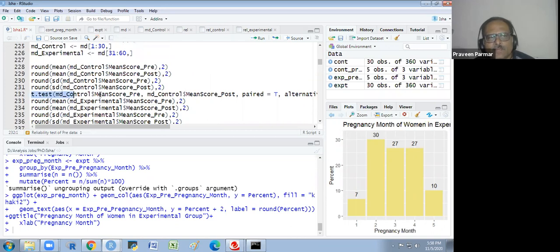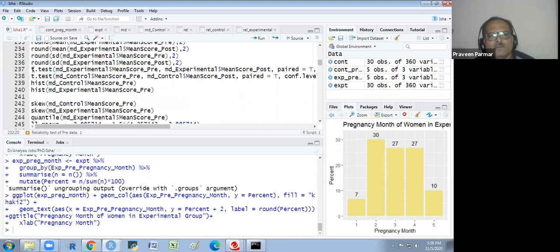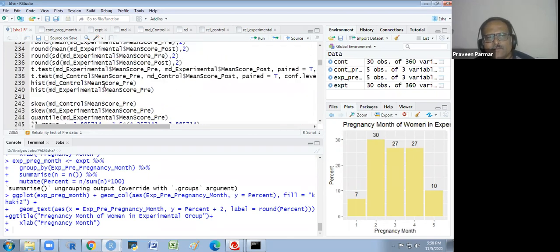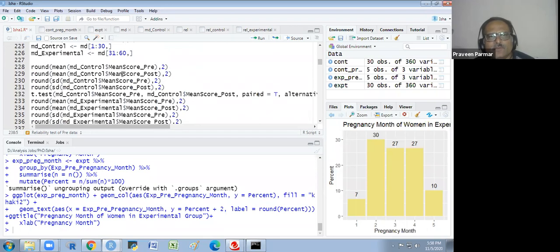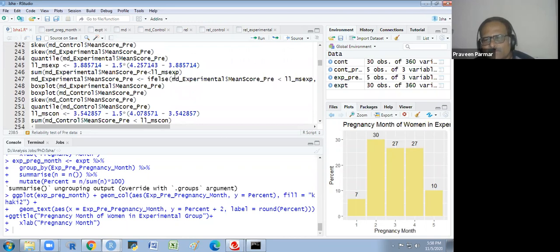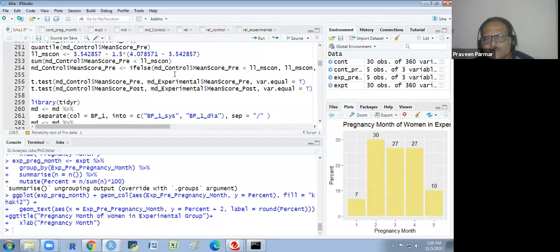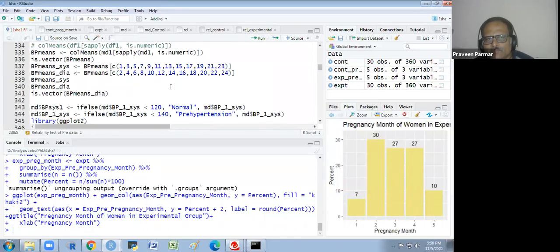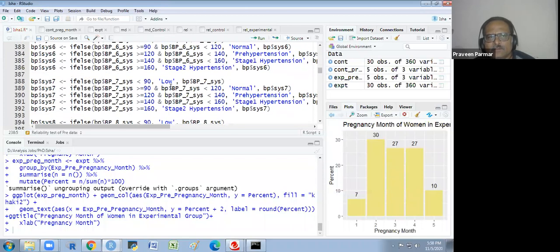T-test we are performing here, and t-test here also, and we are also making some histogram, and this whole thing is scoring. We have scored it, so there are some functions for the scoring and all this. So we will learn all about it, how to pre-process the data and how we could find out the inferential analysis. Okay.